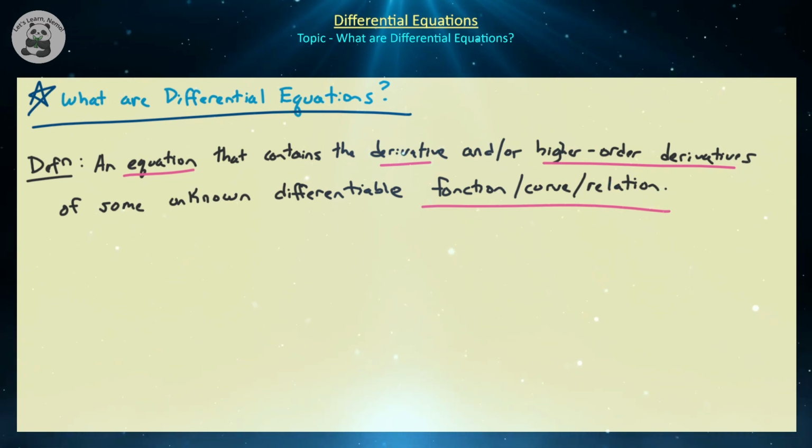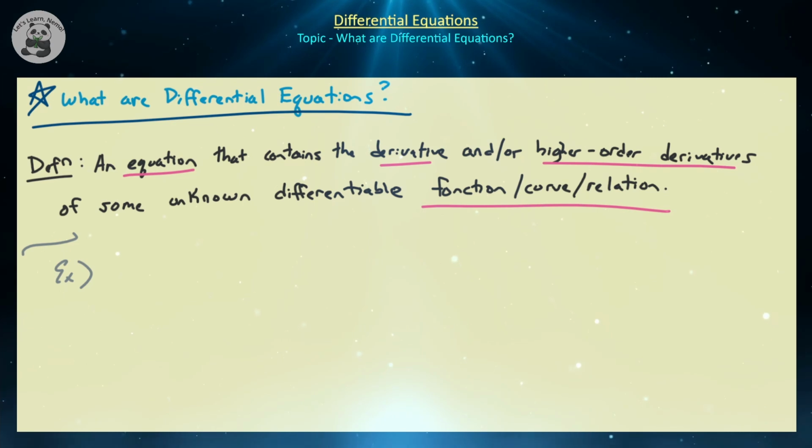It could, for example, be a circle, it could be an ellipse, i.e. it doesn't have to pass the vertical line test. So it can be an arbitrary relation function or geometric curve. Anything will be okay, as long as it's an equation that contains the derivative of some relation, the rest will just do. So let's just give a basic example that you've probably already seen,